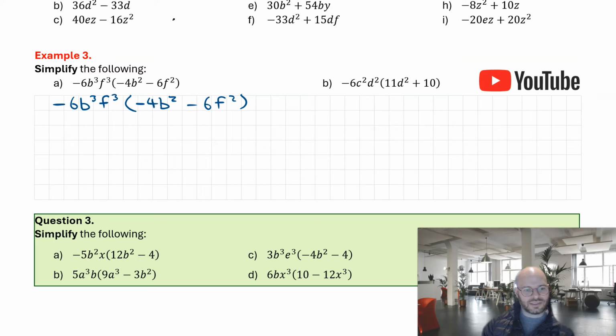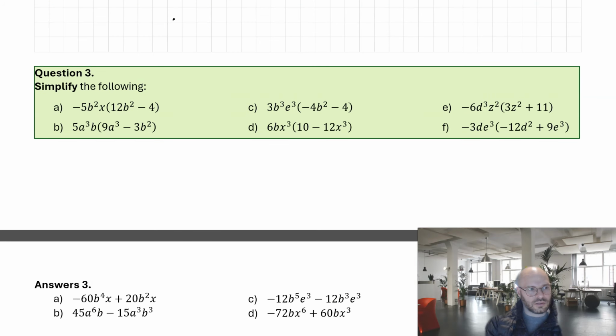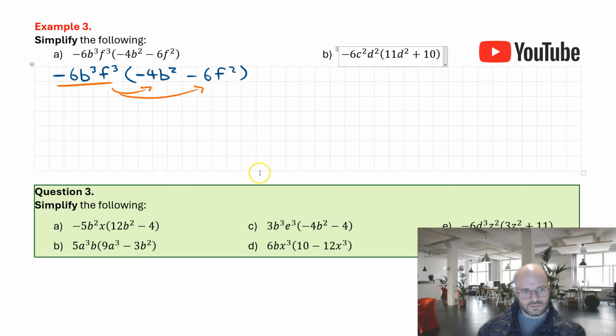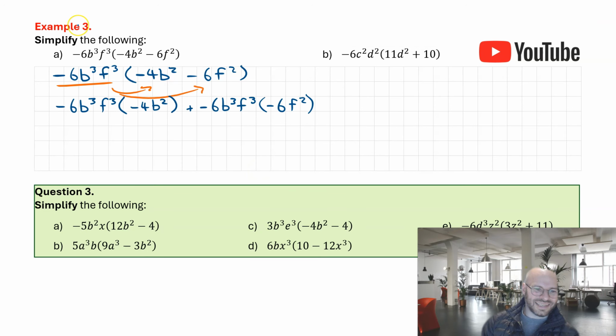We have negative 6b cubed f cubed, then in brackets minus 4b squared minus 6f squared. We deal with this by getting our product outside and multiplying it with each term inside the bracket. Again, remember the negatives belong to the coefficients. This expansion is going to be minus 6b cubed f cubed in brackets minus 4b squared plus negative 6b cubed f cubed in brackets minus 6f